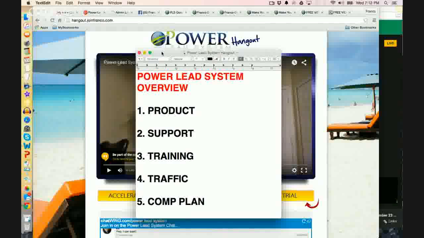Now, most of our customers, they buy the product, they're a happy customer, they're a member, they plug into the support, the training, the traffic, build a couple of funnels for their existing business, and they're happy as can be, and that's all they ever do. They work their primary business. Amazing, right? And then there's other people that come in and they're more entrepreneurial minded, and they say, hey, wait a minute. Well, I'm going to grow my primary team with this thing. It would be cool if I can offer it to them, automate their life, create easier duplication. What's the comp plan like?